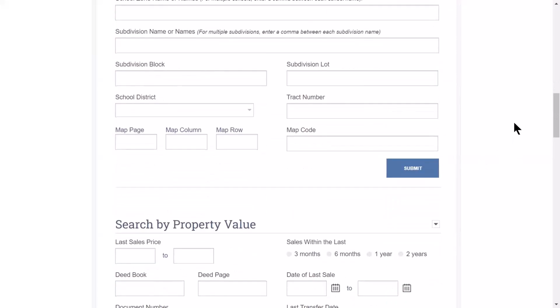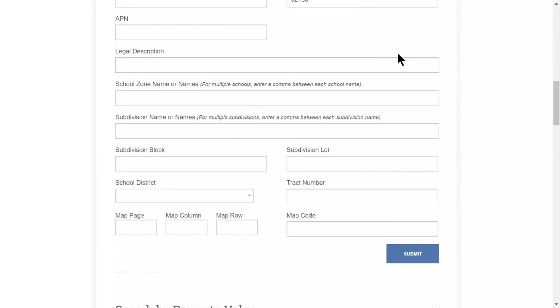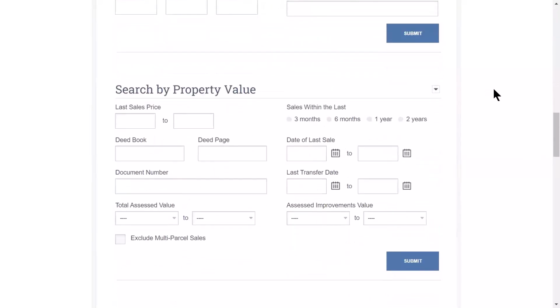You will also notice that every section has a submit button. You do not want to hit submit until you're ready to execute the search. That submit button is there for convenience. So instead of entering my information and scrolling to the very bottom to execute the search, I can execute the search after each section. Now, I don't only want a zip code, so I'll scroll down to the next section,